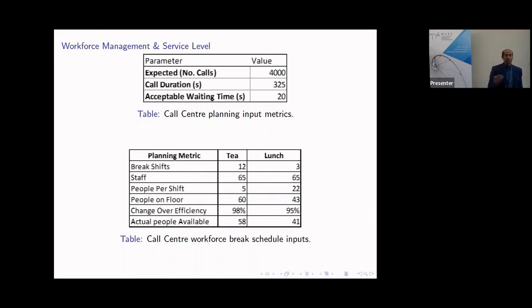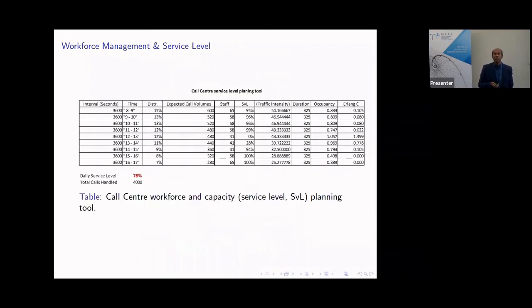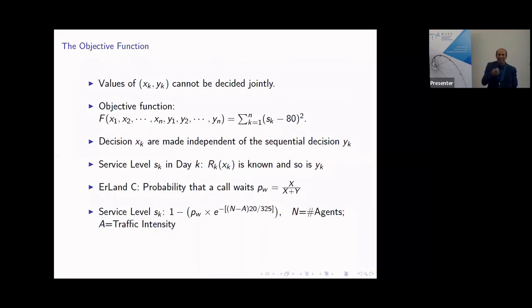That came from data that we calculated from the data, and then on an hourly basis we calculate the service level, because every hour, some people will be having tea from 10 to 11. So now how many agents are there, because some have gone for tea and so on. So those factors, and according to the percentage, how many calls I will receive in a particular hour. And then I put those in this formula and calculate the service level, and those service levels are there, and then I find an average. That average I'm putting as SL there in the last line.